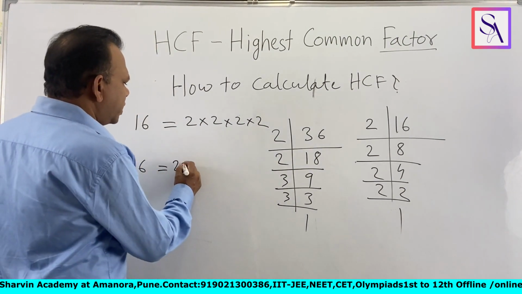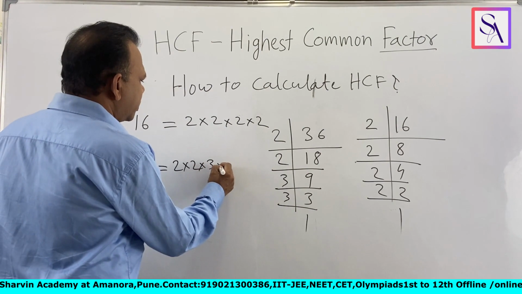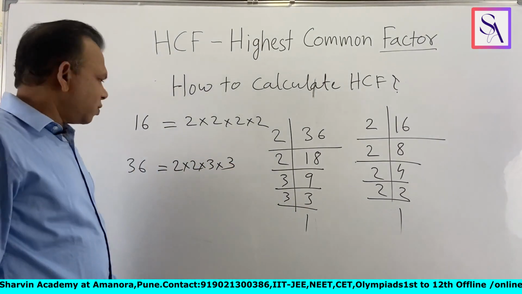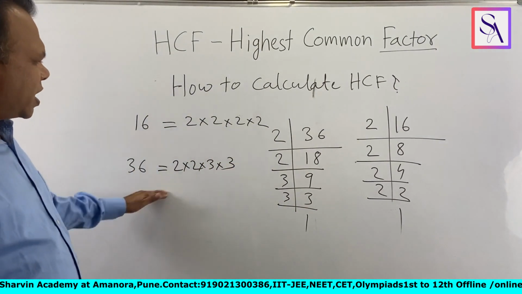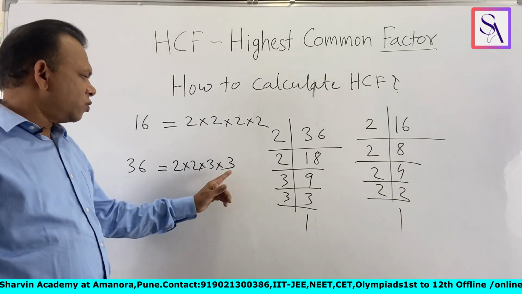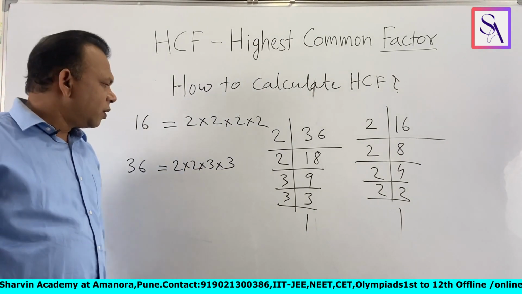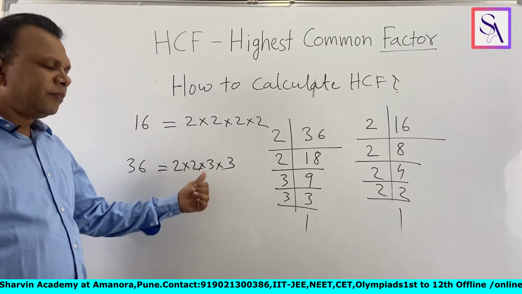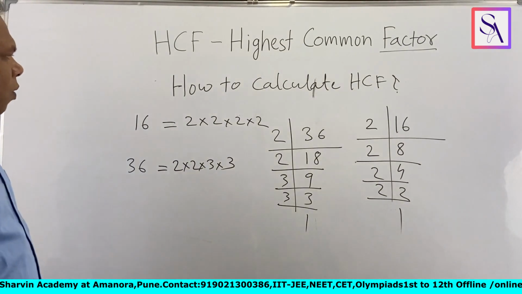So 2 into 2 into 3 into 3. These are the factors of 36. These are also prime factors because 2 and 3 are prime numbers. So now for HCF,